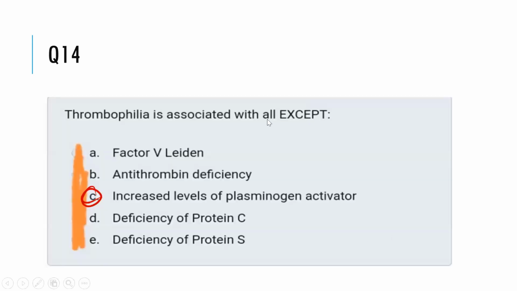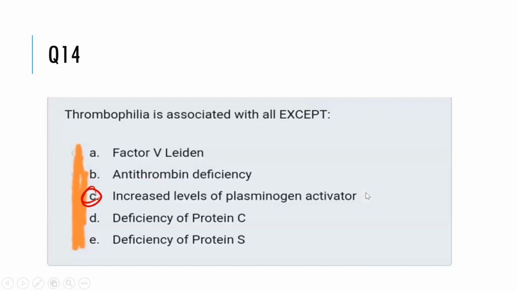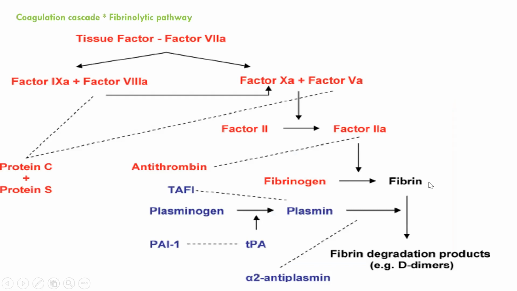Then thrombophilia is associated with all the following except increased levels of plasminogen activator. When you increase levels of plasminogen activator, plasminogen ensures conversion of fibrin to fibrinogen. So if you increase the levels of plasminogen, then you will be promoting this process of fibrin degradation. And when you're looking at thrombophilia, it means that there's